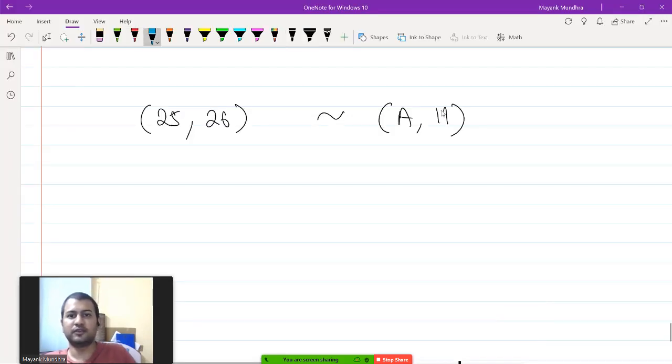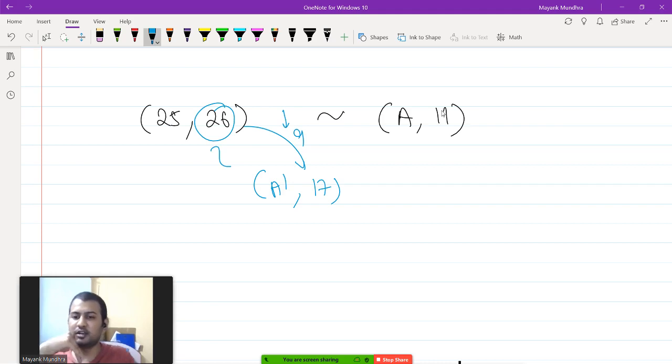Okay, so first of all, let's compare what it is indifferent to in terms of A prime and 17 bananas. So if you reduce the number of bananas from 26 to 17, you are reducing the number of bananas by 9 units. Okay, so remember that this entire region is greater than 17 bananas. So when you are talking about more than 17 bananas,